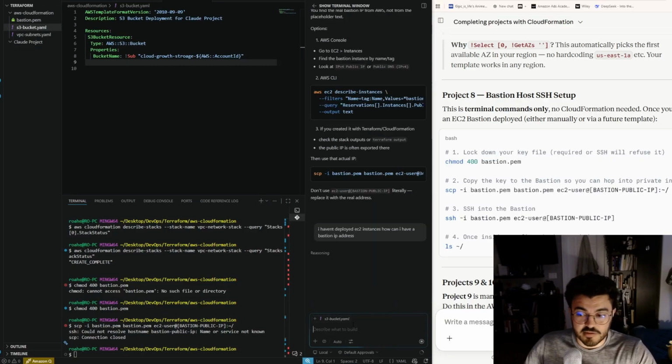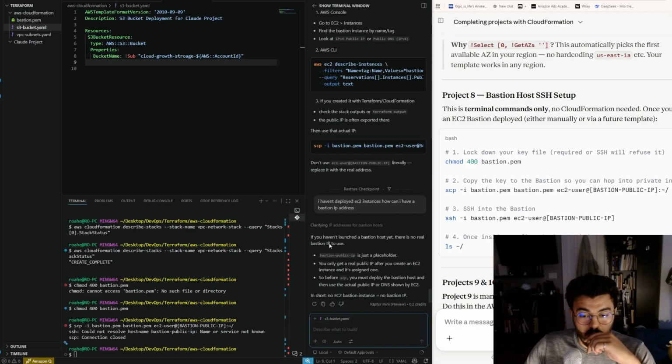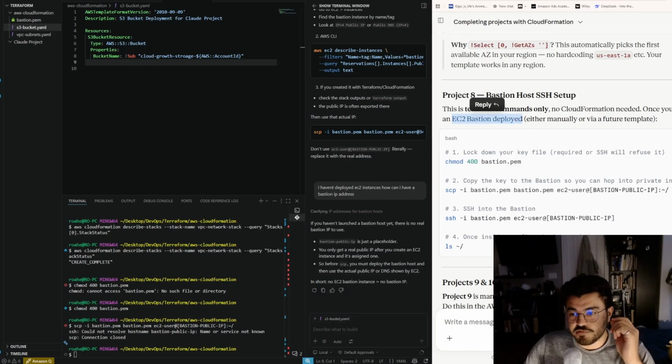Maybe you can use that Elastic IP. No, the Elastic IP we made is not for that. Once you have the EC2 Bastion deployed, which we don't, okay, well anyway,